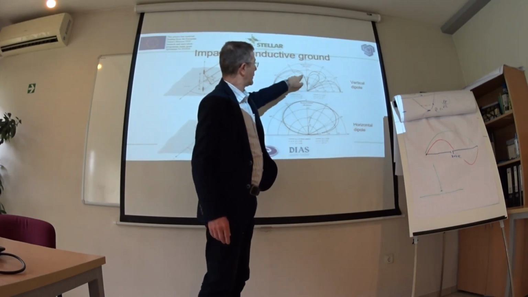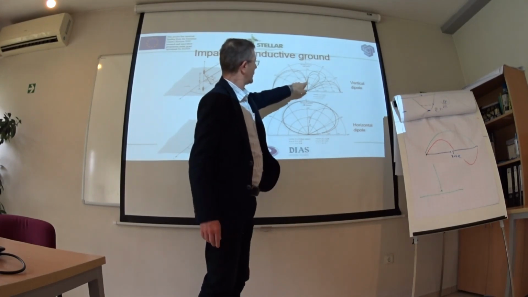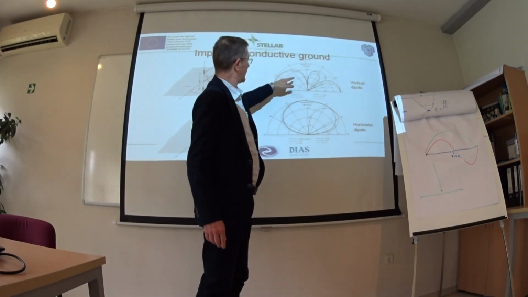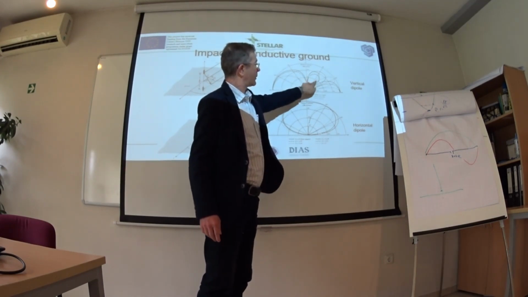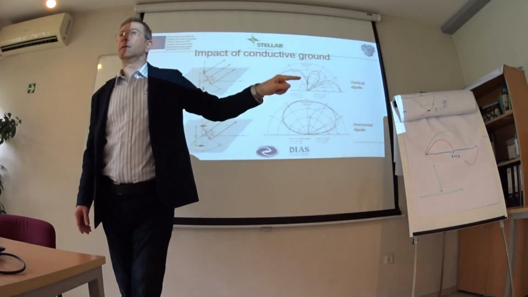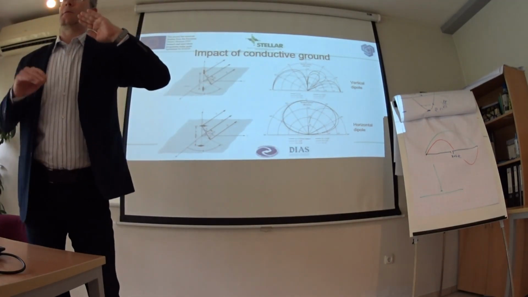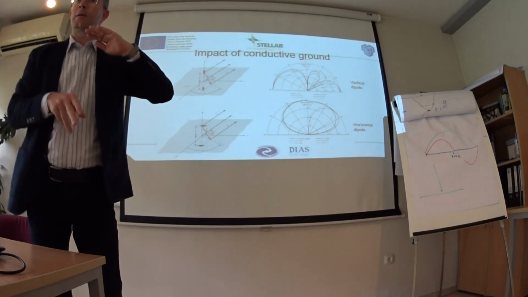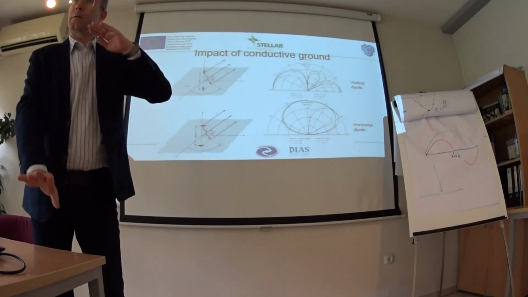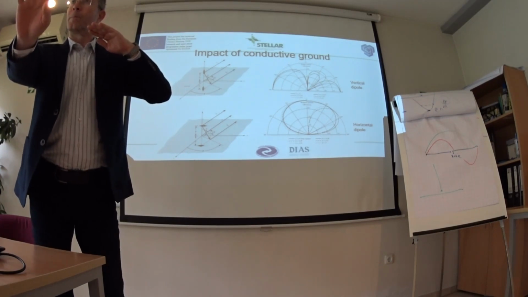You can see this is the perfect picture. This starts to degrade the pattern, and then we have even more elevated dipoles. The antenna pattern splits because the direct signal from the antenna interferes with the reflected signal from the ground, and they